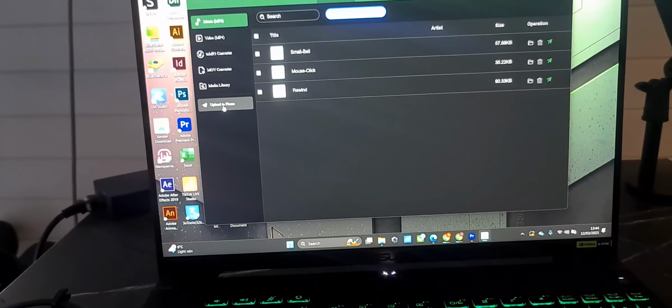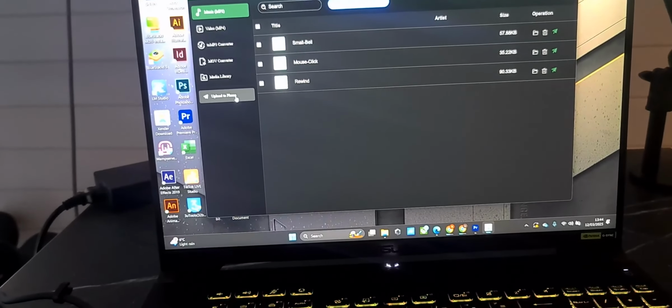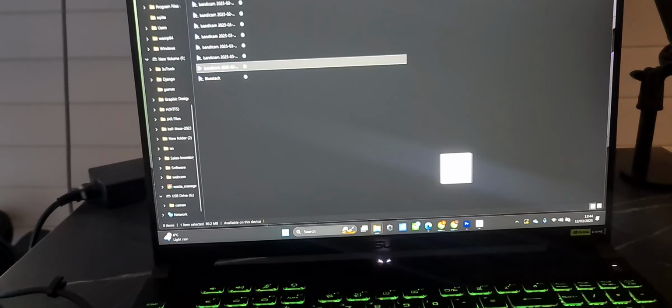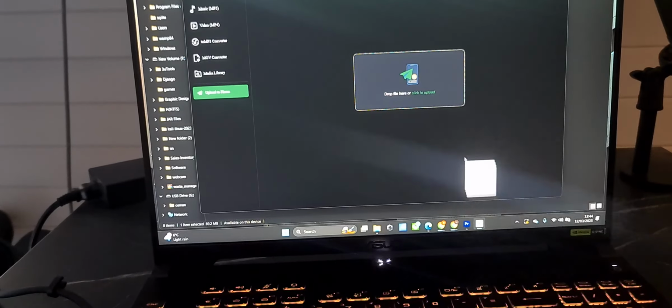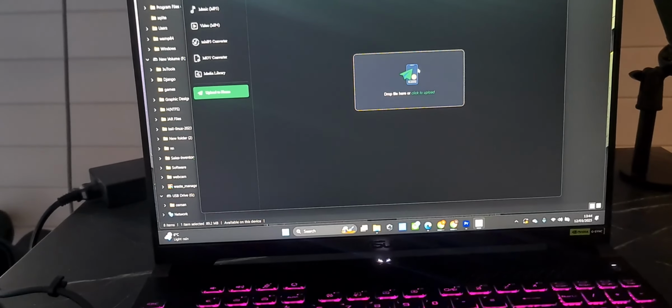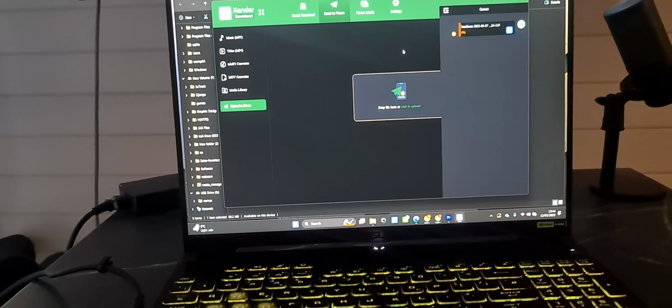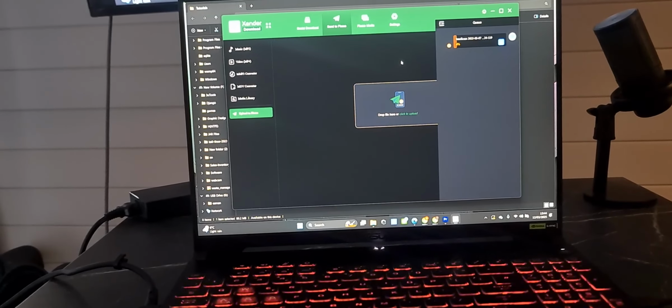Hope you can see it. Upload to phone, right? So I'll just click on upload to phone, and I'll just look for the item I need, right? Then I'll just select the item and just drop it here. So you can see it will display the queue, right? It is downloading. In the same process, if I want to copy from my phone to my